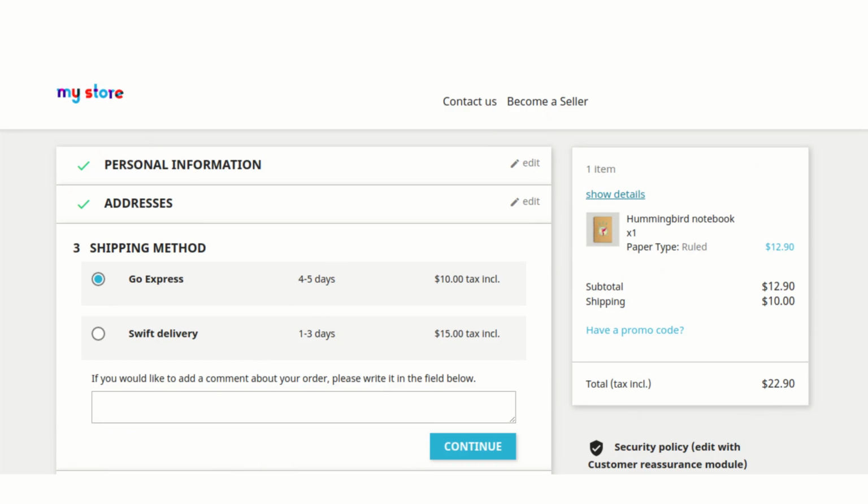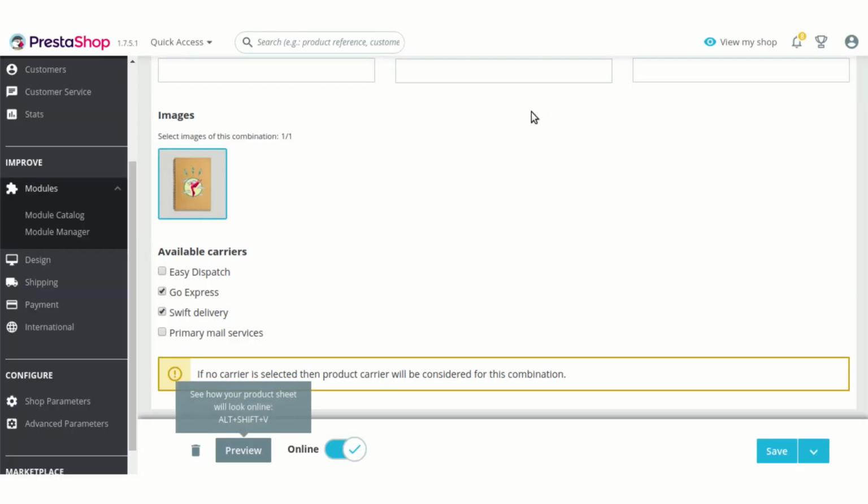It will simply override the shipping section settings if you select any particular carrier for any particular combination. So this was the basic functionality of the module, and in this way you can select different carriers for different combinations of the product.